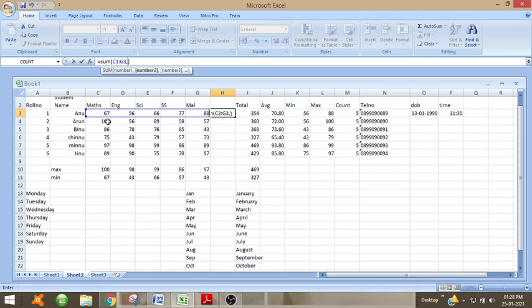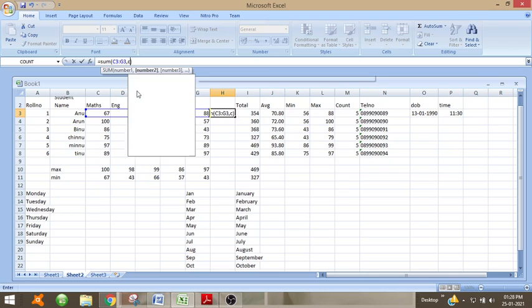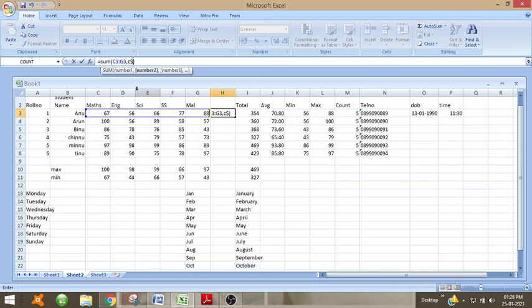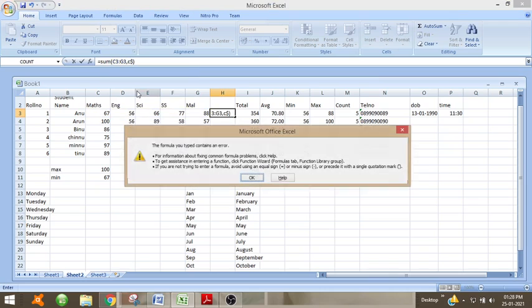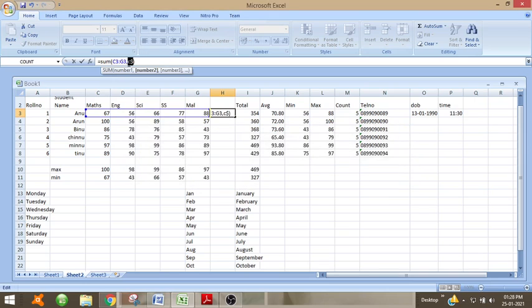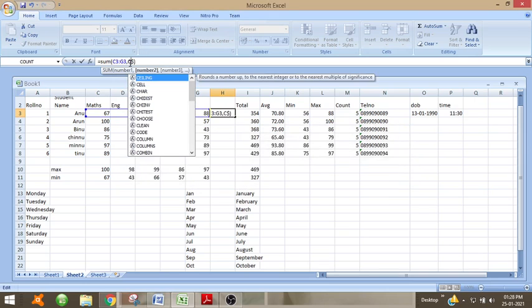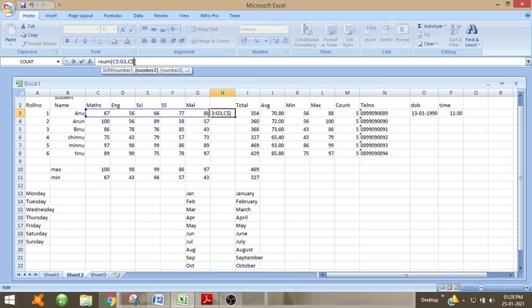Suppose I don't want to add the marks of other maths marks, only this 100 should be added. So comma C$4.